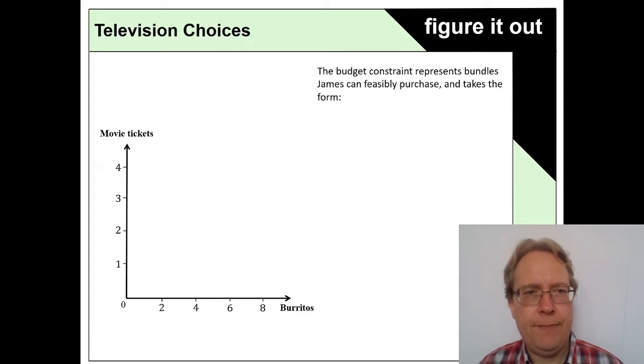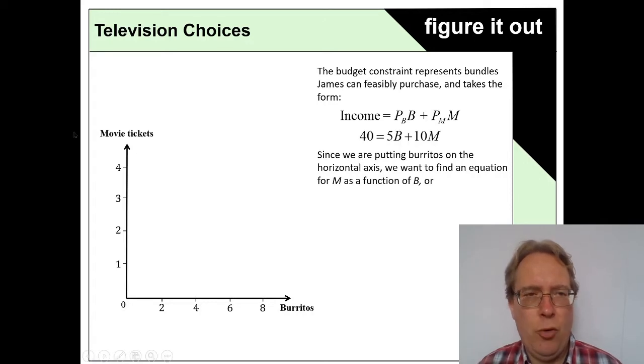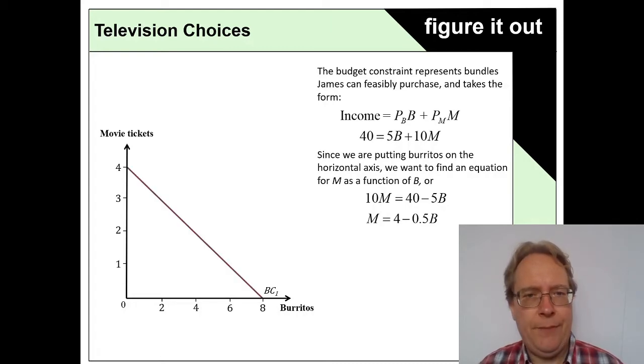Okay, let's see. So, income was 40, price of burritos was 5. B represents the consumption of burritos, price of movies is 10. M represents the consumption of movies. So in other words, this is my budget line. I have movie tickets on the vertical axis, burritos on the horizontal axis, so I should write this as M as a function of B, right? So if I do that, I end up here, so this is going to be my budget line, and that's